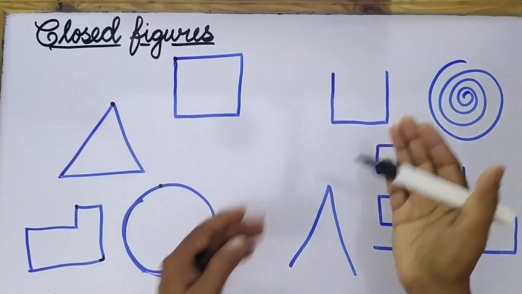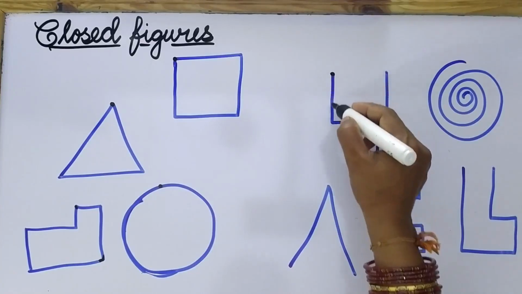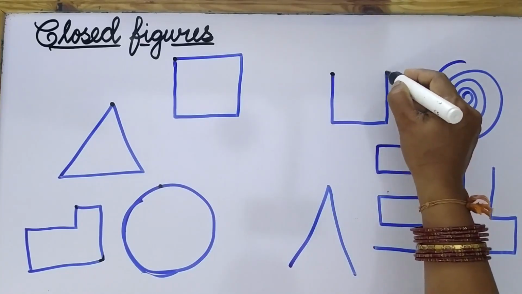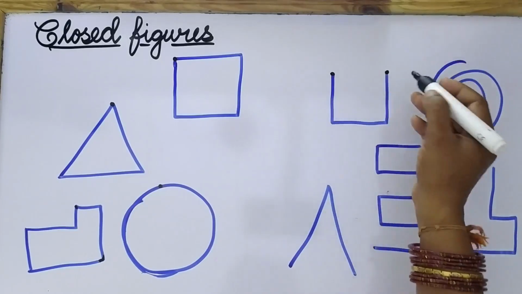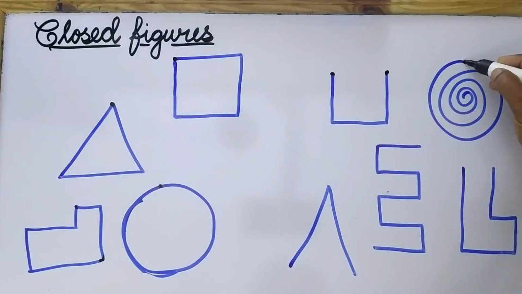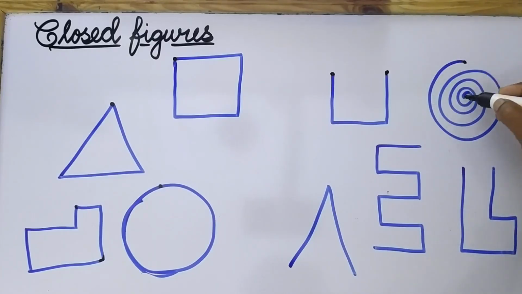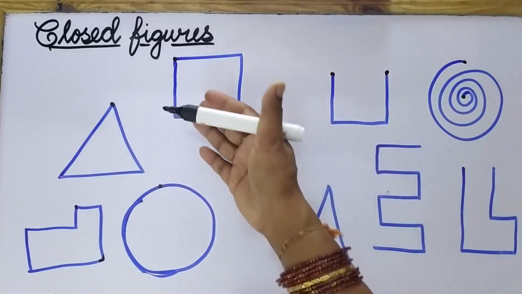But see here, if we start from here, this is the starting point. If we go on drawing, then what about this? It's not ending at the same point, it's ending at another point. And even here it's a curved line. If you start from here, go on drawing and we find the end point here, or else if you start from here, go on drawing and the end point is another point, that means it has different starting and end points. They don't have the same starting and end point like a closed figure.